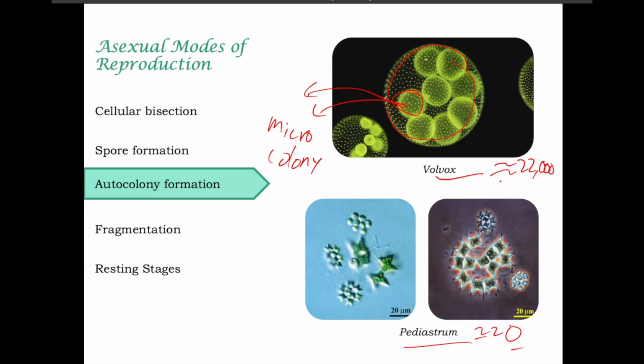Okay, so for Pediastrum, after the cells in the original colony reach a certain number of divisions, it will leave and produce a single miniature colony that resembles its parent. So autocolony formation is for your cenobic colonial organisms that have a certain number of cells,